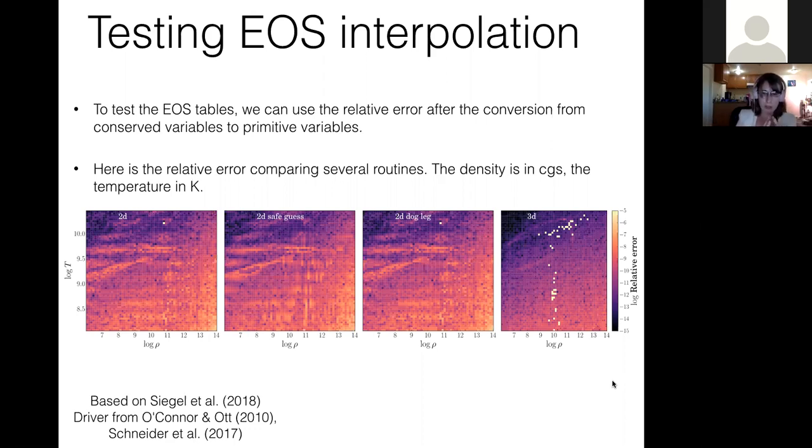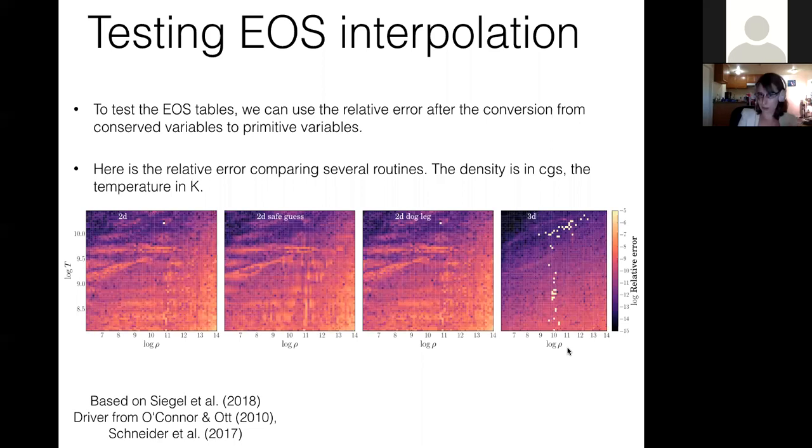This is actually a plot that Scott showed, but this is with all the different routines that we have. This is for the 2D method. This is for the 2D safe guess. This is for the dogleg method, and this is for the 3D method. So as you can see from here, the 3D method is the most accurate of the methods, but it's also